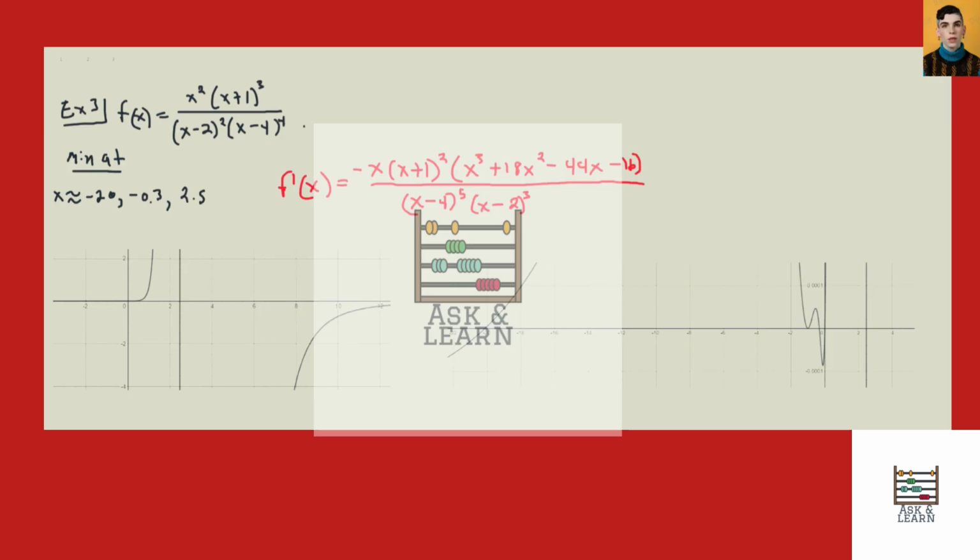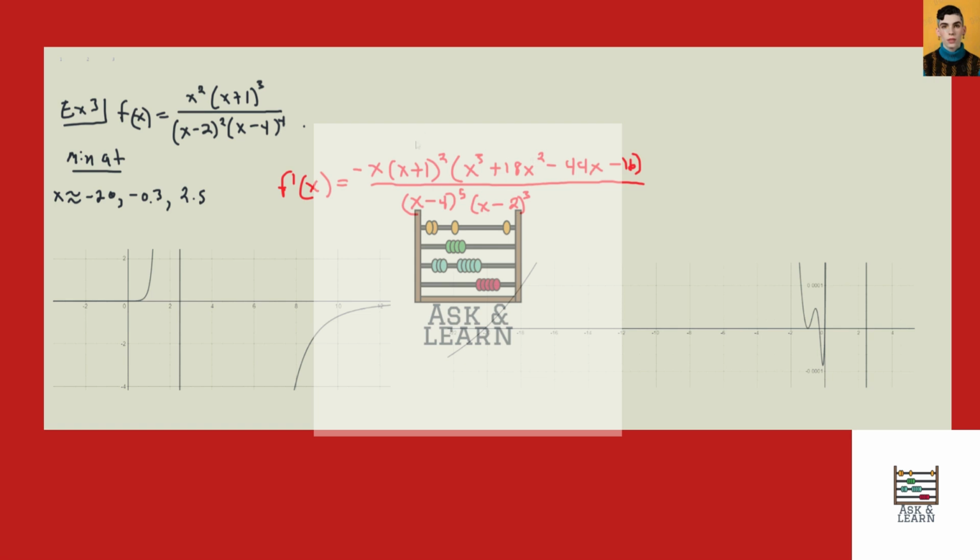In example 3, we graph the function x squared times (x plus 1) cubed all over (x minus 2) squared times (x minus 4) to the fourth power, just by doing a rough sketch of it and then using that rough sketch idea to look at certain pieces of our graph. So we can zoom in or zoom out to look at a particular overarching structure of the graph